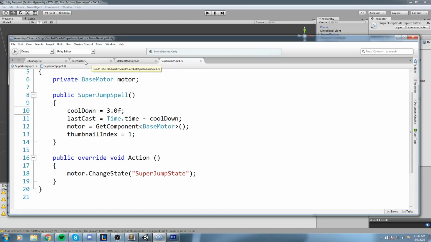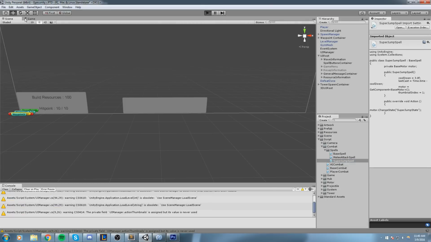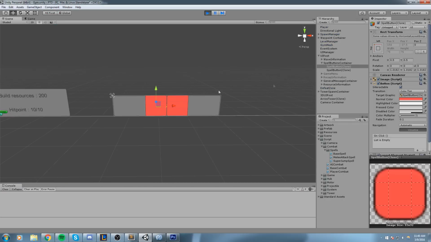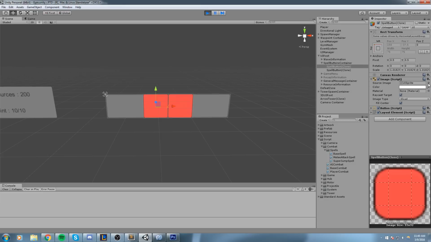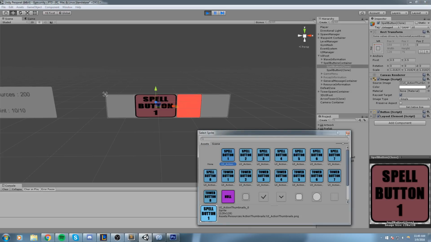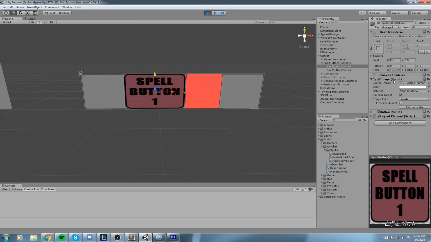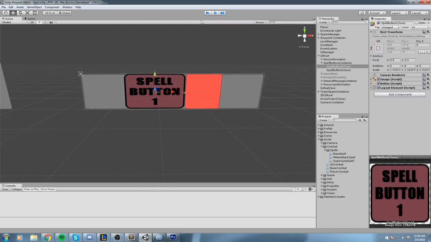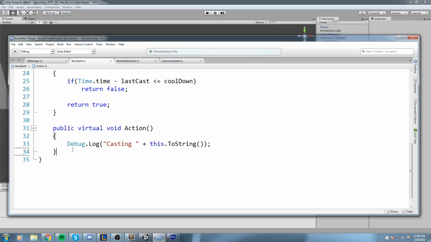Now we need to create a way to actually change the picture inside of the button. So basically, if we look at our structure right now, this is one of our buttons. It has a button component in it and also an image component. We need to change the image component by this, and we're gonna have to play with the settings a little bit after that, but basically we need to change what is inside of the image component. So the way we're going to do this is I'm going to go back inside of the base spell, and inside of here I will create a new function called public virtual void SetThumbnail, like this,